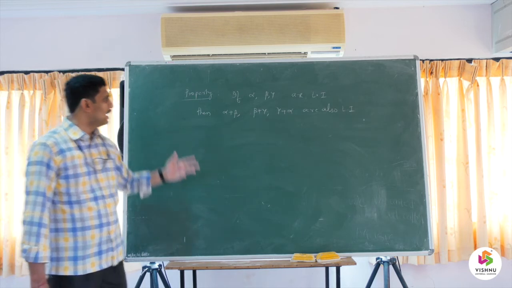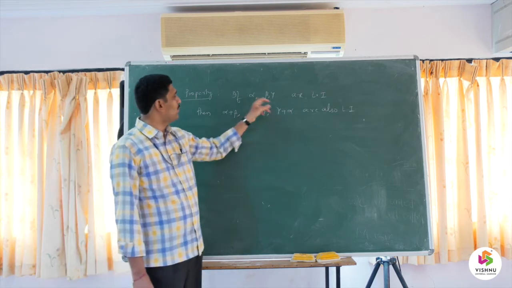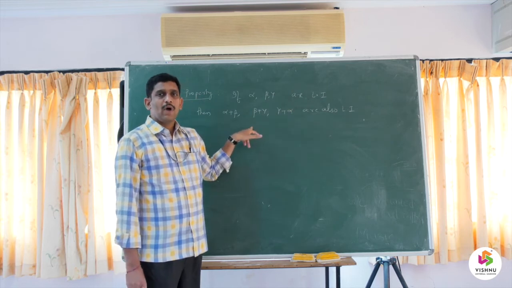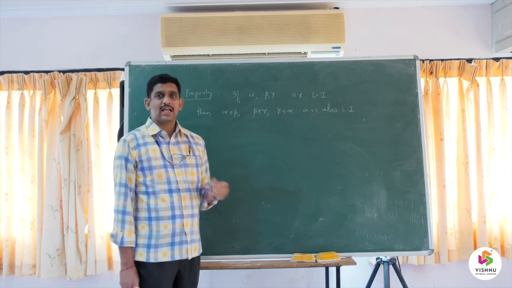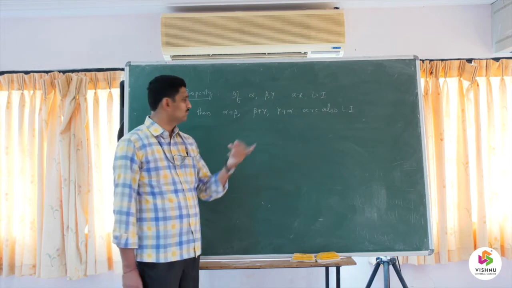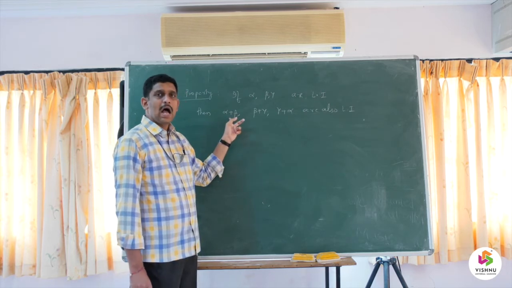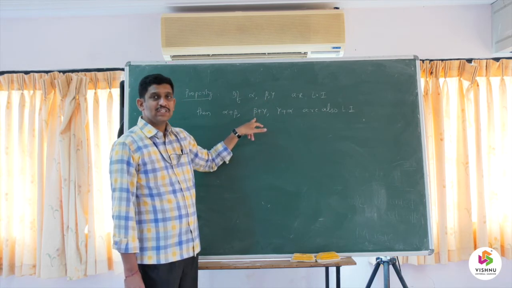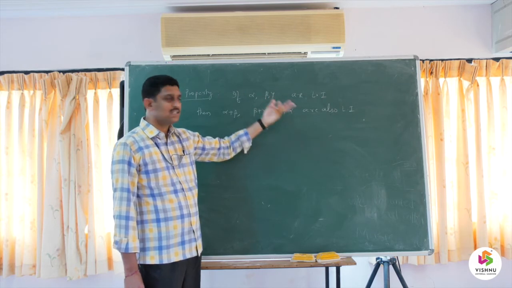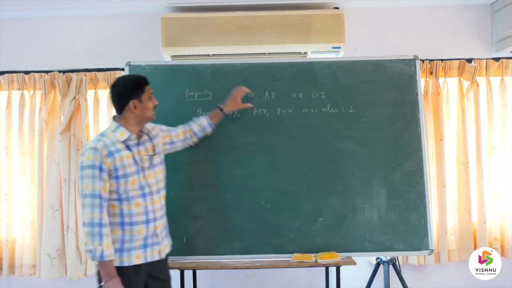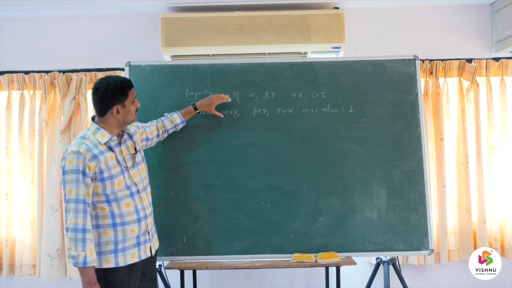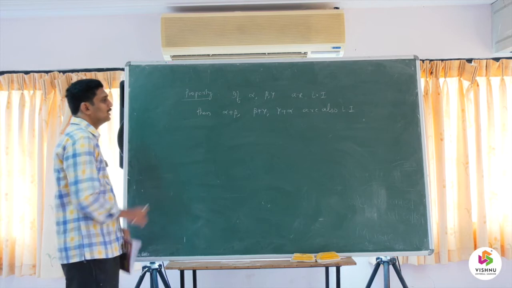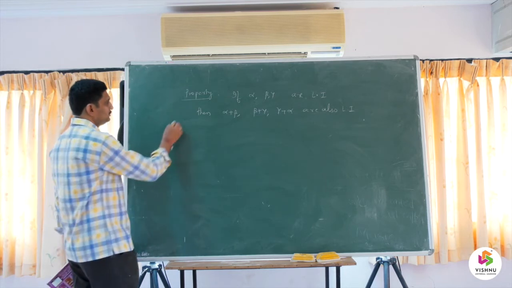I repeat again, I have three vectors with me, alpha, beta, gamma, and I know them, they are linearly independent. Now what I am going to prove, if I add the vectors, I will get three new different vectors. One is alpha plus beta, obtained from adding alpha and beta. Another one is beta plus gamma, which is obtained from adding beta and gamma, and similarly gamma plus alpha. Since these are linearly independent, then these vectors are also linearly independent that we need to show. Okay. So we go with the definition approach.